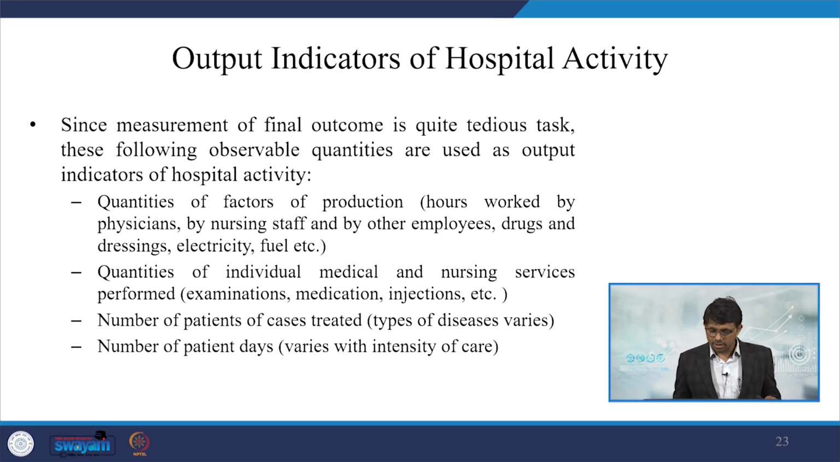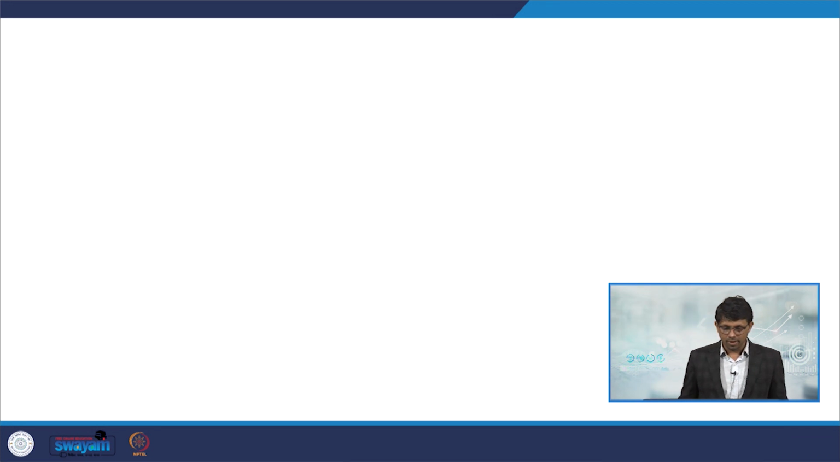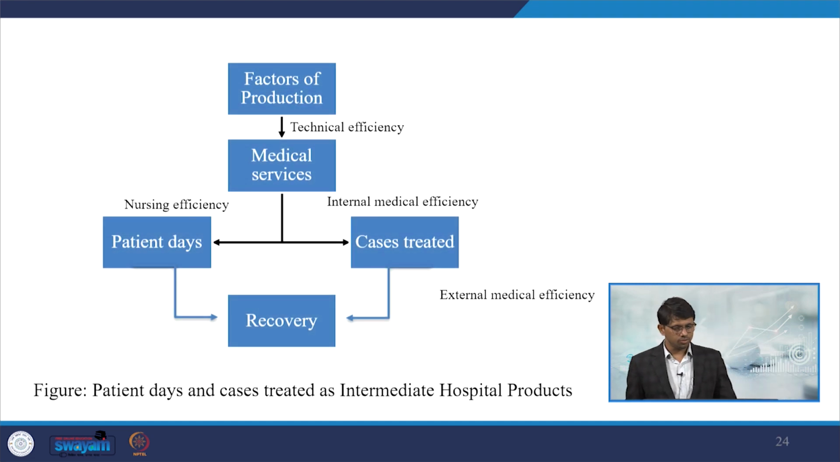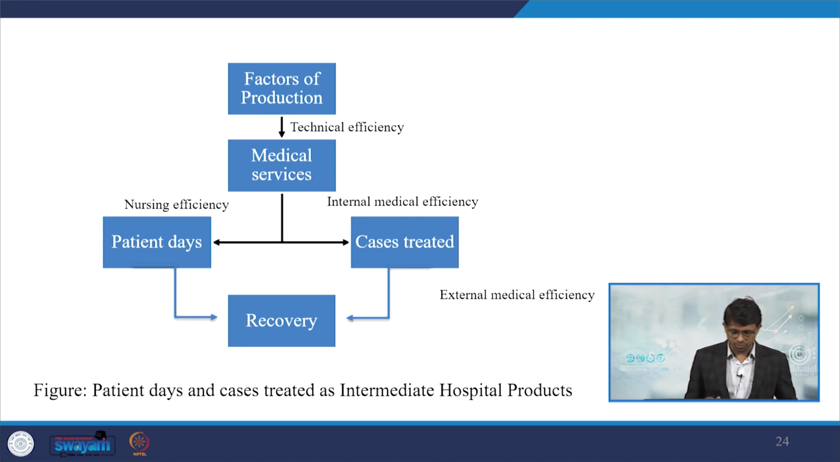And for output indicators of hospital activity, you can follow quantities of factors of production, the quantity of individual medical and nursing services performed, the number of patients or cases treated, and the number of patient days, etc. Here we are trying to give direction on issues such as patient days and cases treated as intermediate hospital products. So, starting with factors of production,